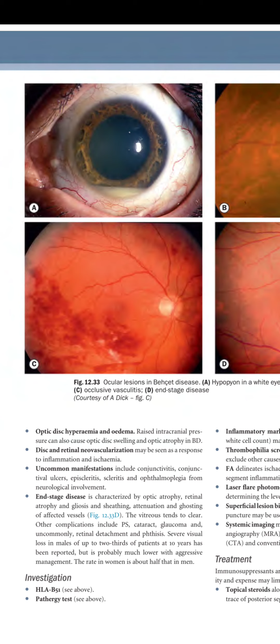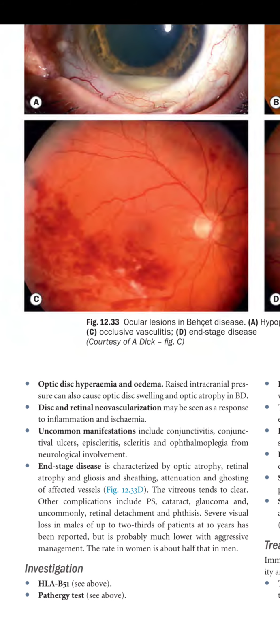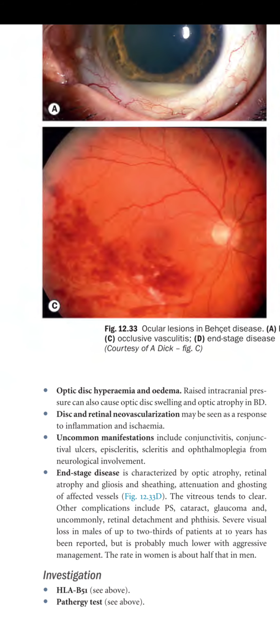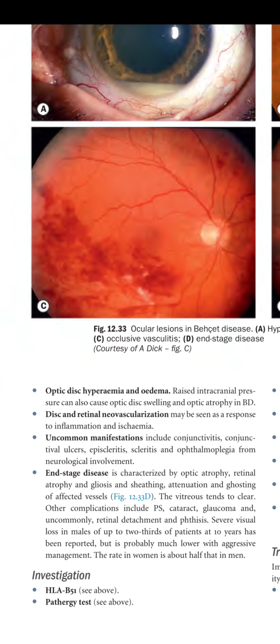Optic disc hyperemia and edema: raised intracranial pressure can cause optic disc swelling and optic atrophy in bilateral disease. In Behçet disease, disc and retinal neovascularization may be seen in response to inflammation and ischemia. Uncommon manifestations include conjunctivitis, conjunctival ulcers, episcleritis, scleritis, and ophthalmoplegia from neurological involvement. End-stage disease is characterized by optic atrophy, retinal atrophy, and gliosis, and sheathing, attenuation, and ghosting of the affected